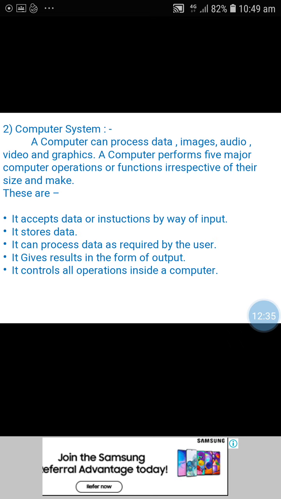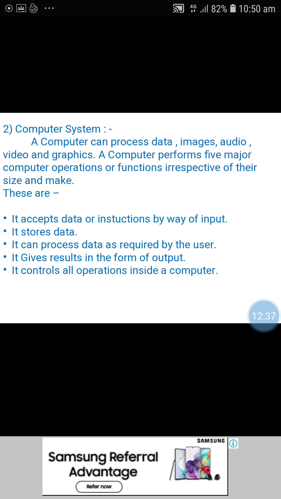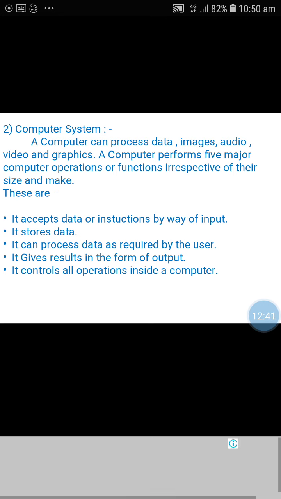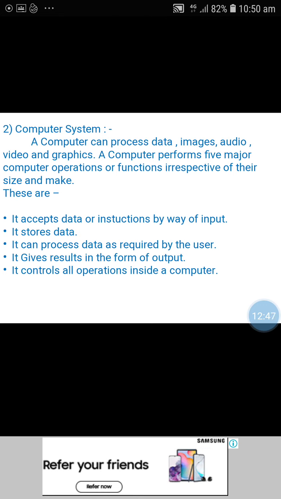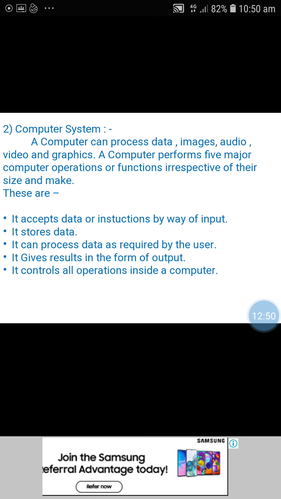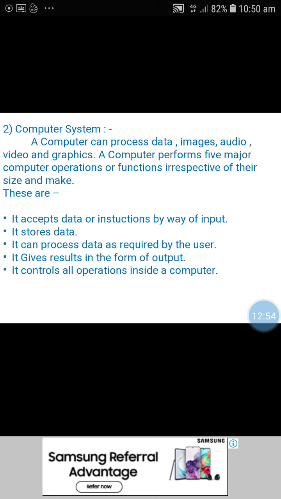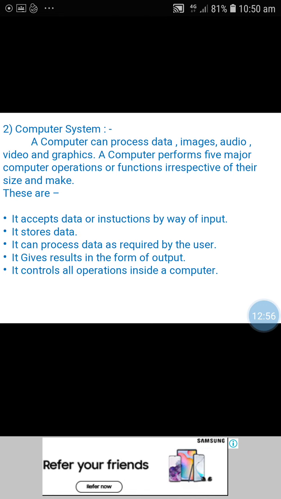What is computer system? A computer can process data, images, audio, video, and graphics. A computer performs 5 major operations or functions irrespective of their size and make.